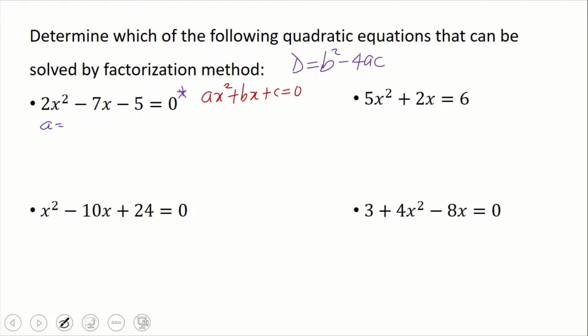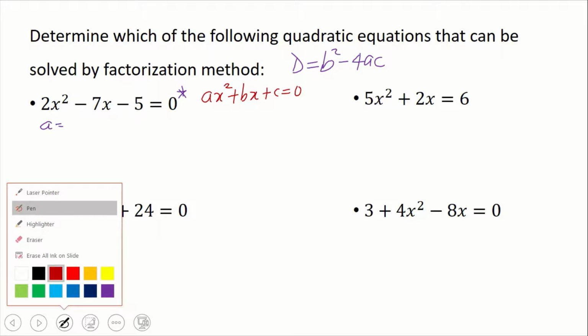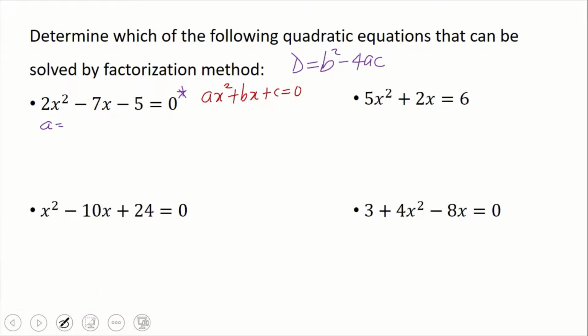All right, so the coefficient of x squared will be the value of a, which is 2. The coefficient of x is the value of b, which is minus 7. And the constant is the value of c, minus 5 in this case. So that the discriminant in the first case, d, will be minus 7 all squared